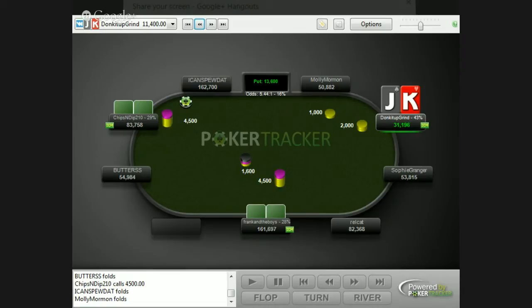Defending here is really good because you're getting 5.5 to 1. However, I take a different line. I jam and I go for the squeeze again. Not counting my 2000 big blind,